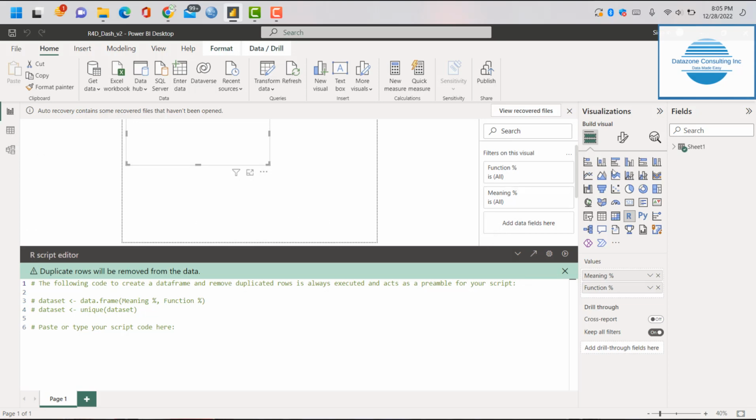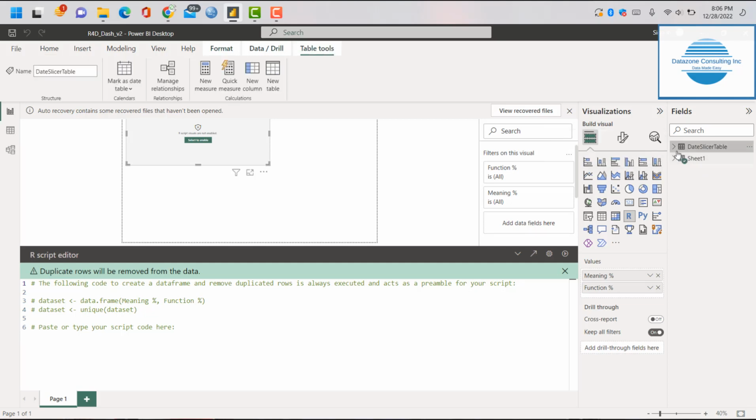Great. So here it is in the fields pane. We have the date slicer table that we can use to do all kinds of things in our report view. So obviously, you'd have to go to relationships in the modeling area and connect that date table to all the other relevant data tables that you have,